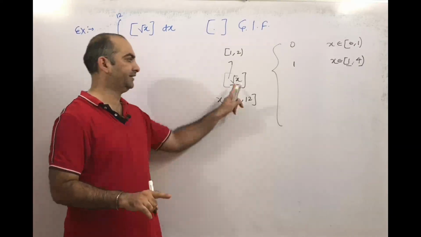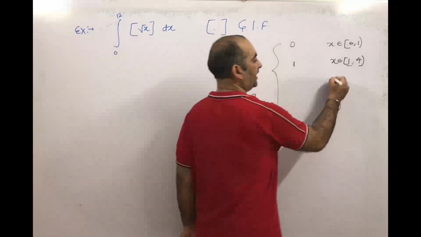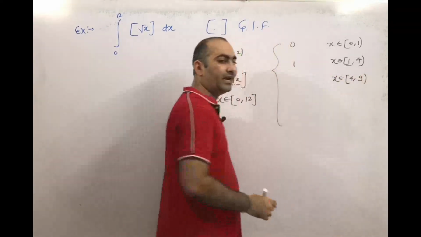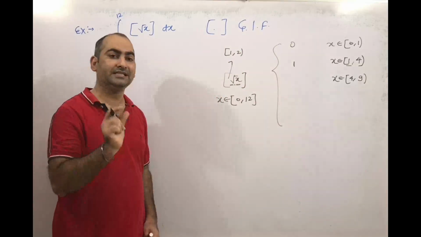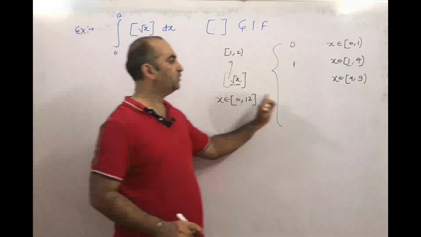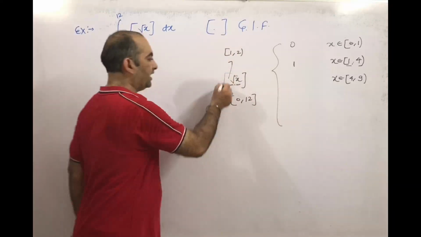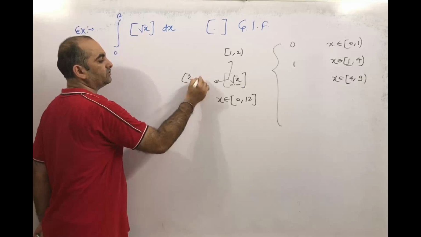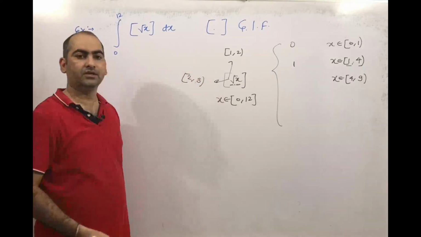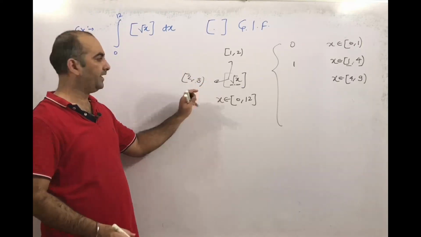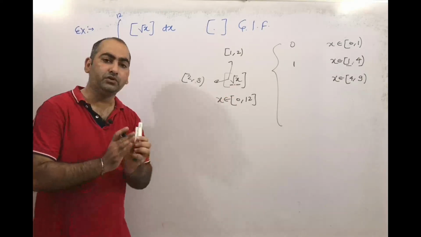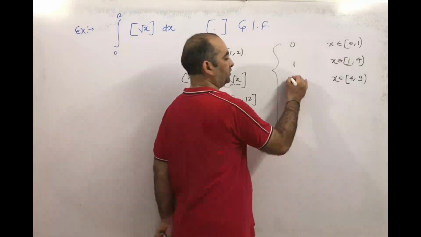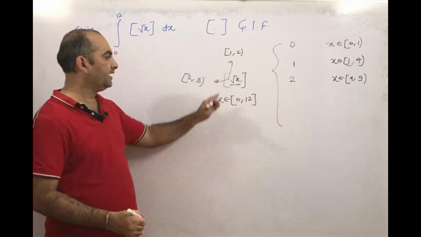When x is 9. So the next interval is x belonging to the closed interval 4 to the open interval 9, because at 9 it becomes the next integer, 3. When x belongs to 4 to 9, the quantity inside lies from 2 to 3, with 3 open, and the greatest integer is 2. At 9 it becomes 3.